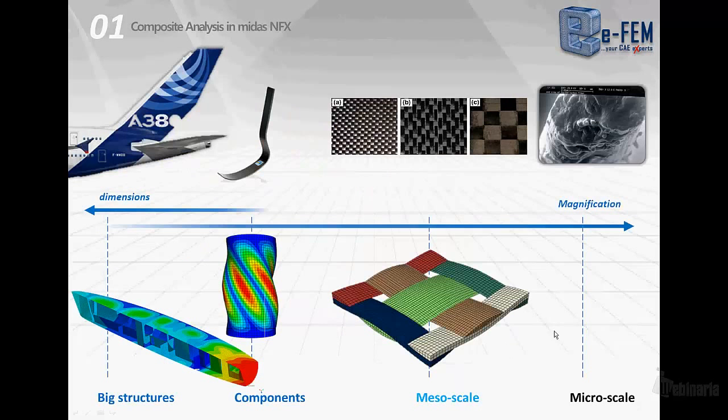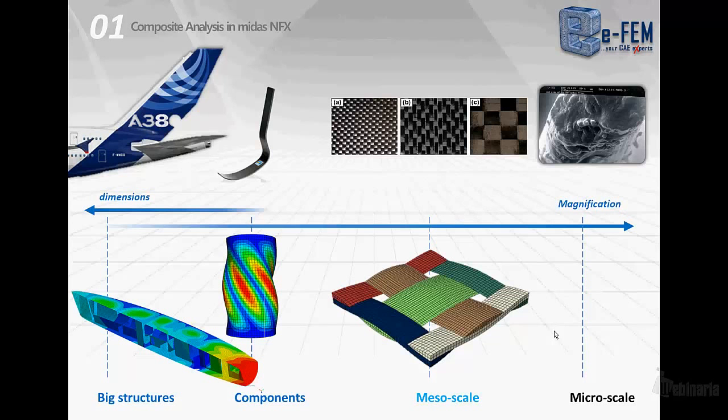When we talk about finite element simulation of a composite manufact, we have to consider different scales again. When we talk about manufacts and structures, we are at the component scale of the material, that is the macro scale of the material, and in this scale of investigation we consider the big structure and the components made by composite materials. We use this scale to design the final manufact.